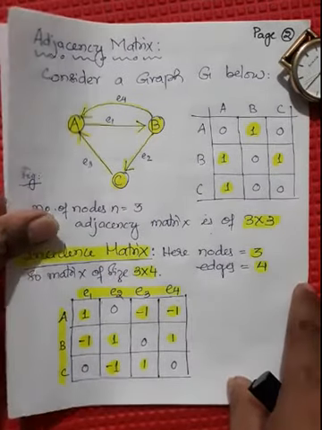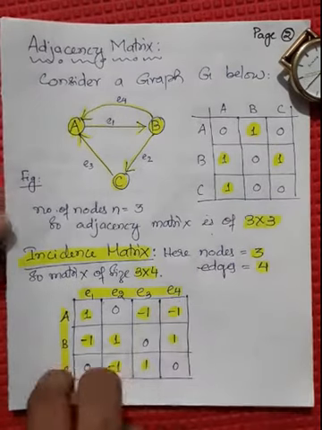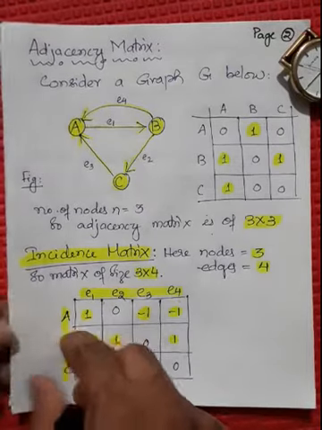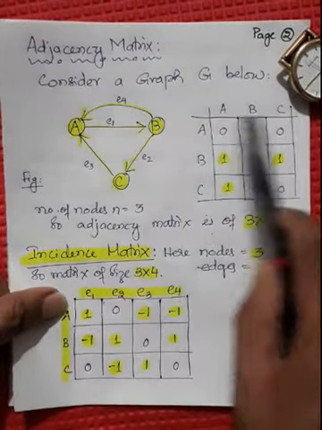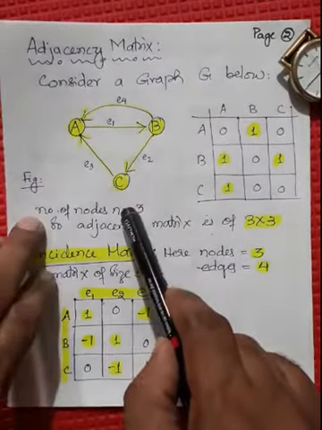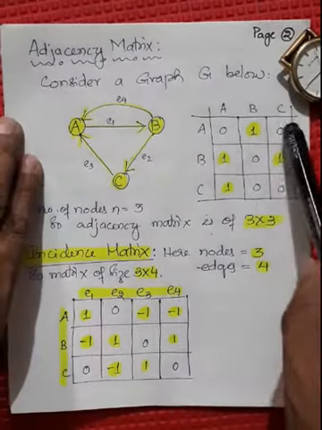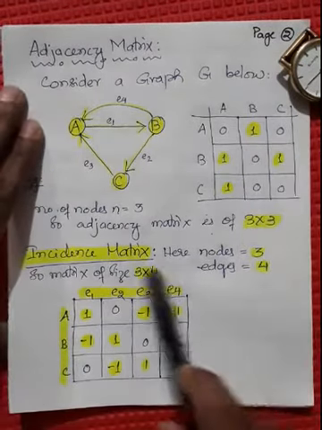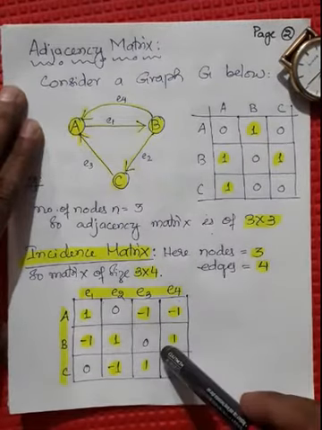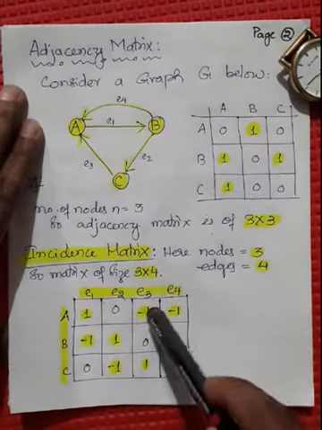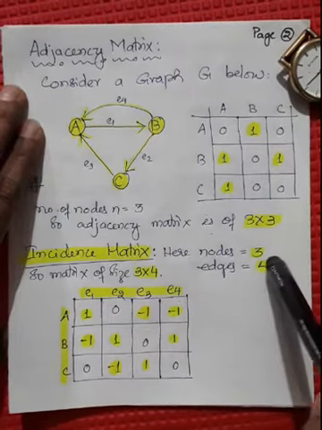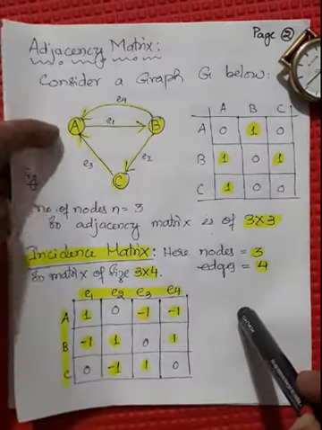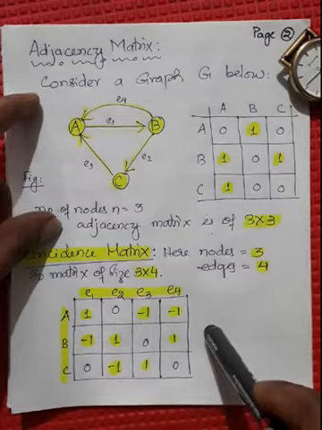Now we need to identify the drawbacks of this matrix representation. If you keenly observe, when the number of nodes is 3, we have taken in the adjacency matrix 3 cross 3 size. When the number of nodes is n, we need n cross n size. So how many memory locations? N square memory locations we need for the adjacency matrix. In the case of the incidence matrix, it is almost similar. The memory is high, like if the number of nodes is n and the number of edges is k, then n into k will be the size of the matrix. So we need huge memory in the case of matrix representation.